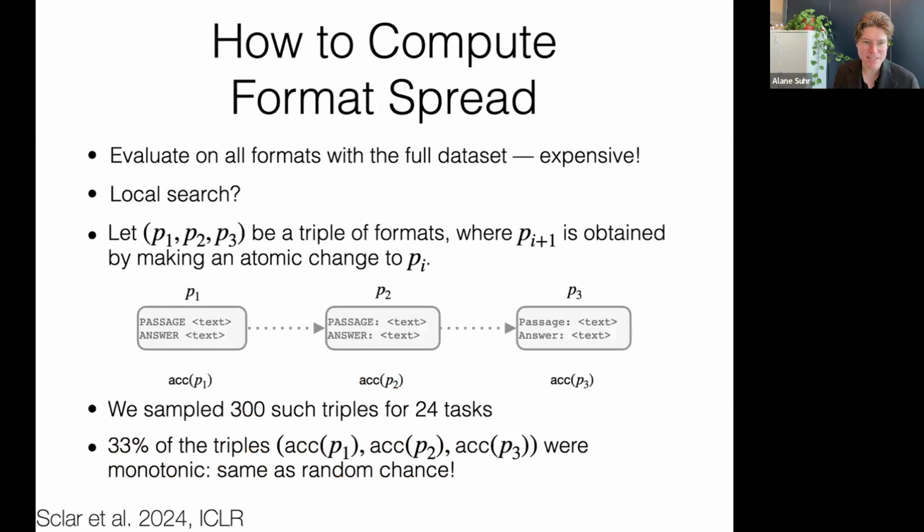So one issue here is if we were able to sample from the grammar completely and try to evaluate on the full data set, this is super expensive. We could do a local search where we start with a single prompt and then modify it minimally to traverse the grammar, under the assumption that these changes are correlated with one another. But we find that actually they're not. We don't see any continuity in performance or predictability of performance given another prompt that's similar in